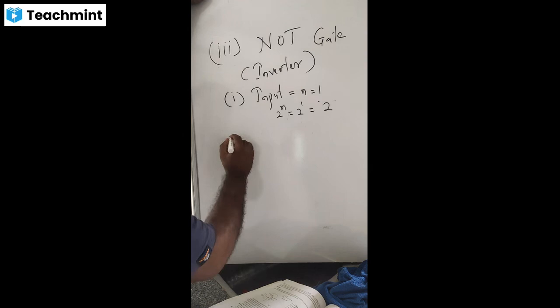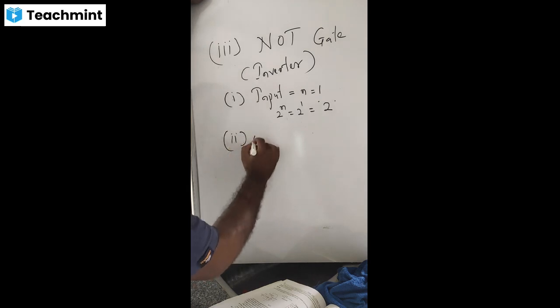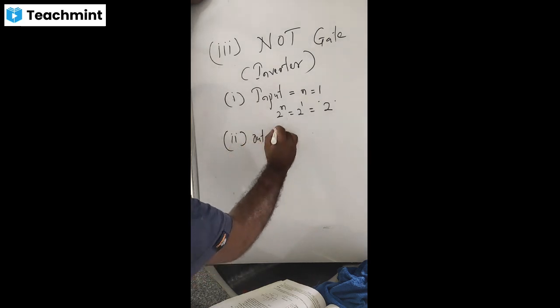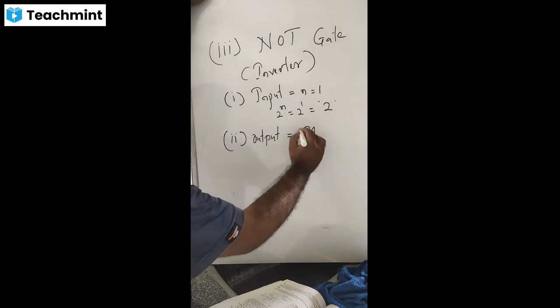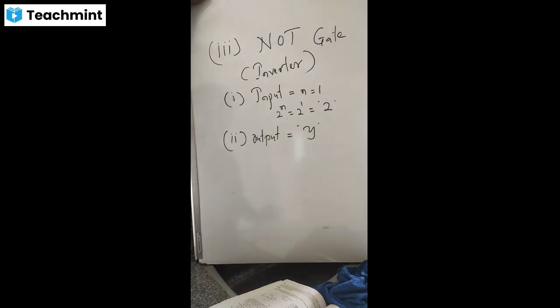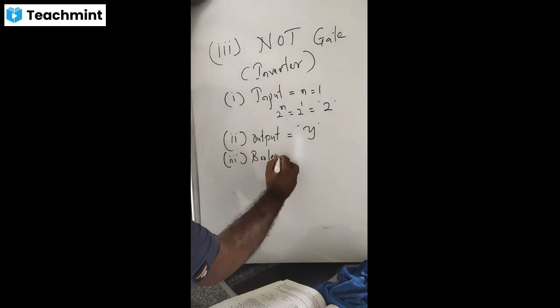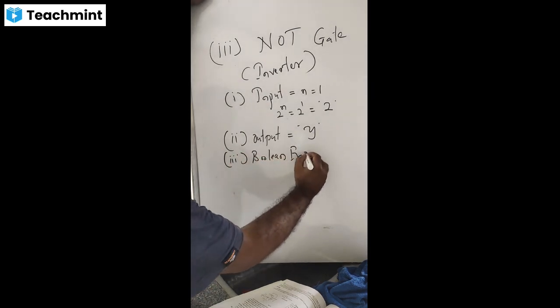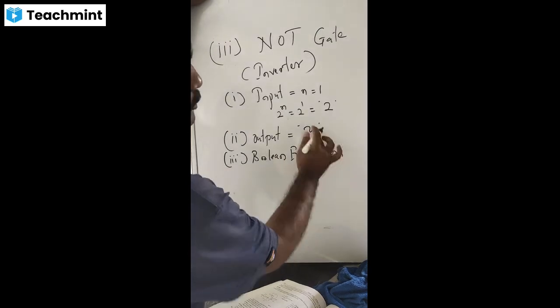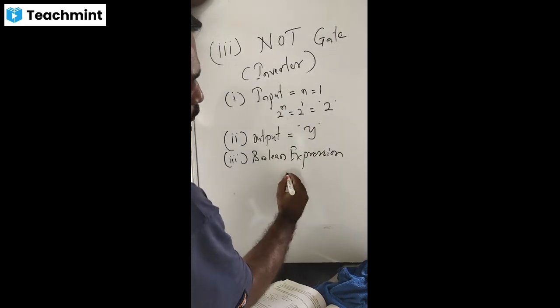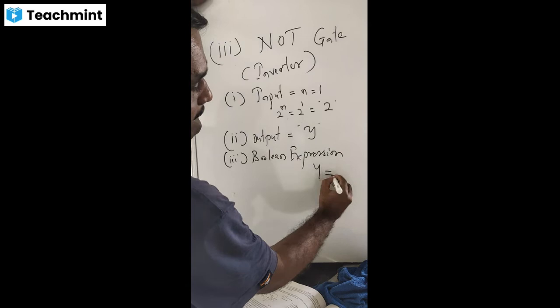Then obviously, output Y, only one output, and Boolean expression. Boolean expression representing output Y equal to